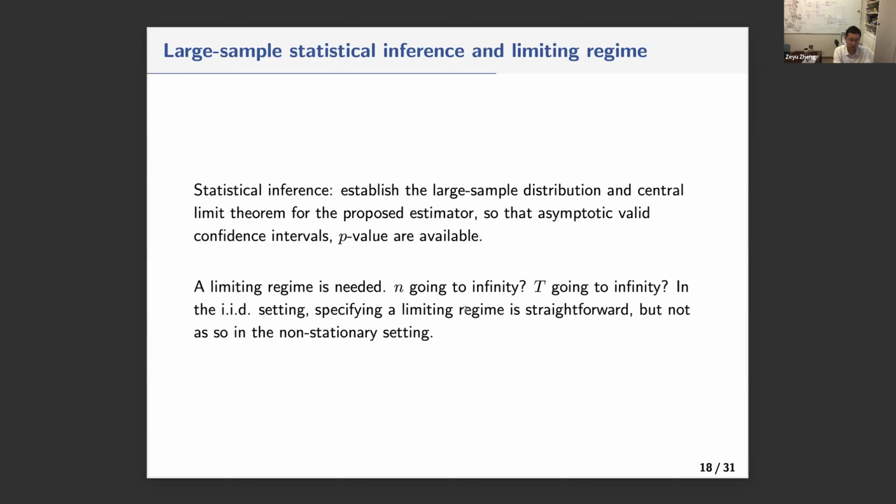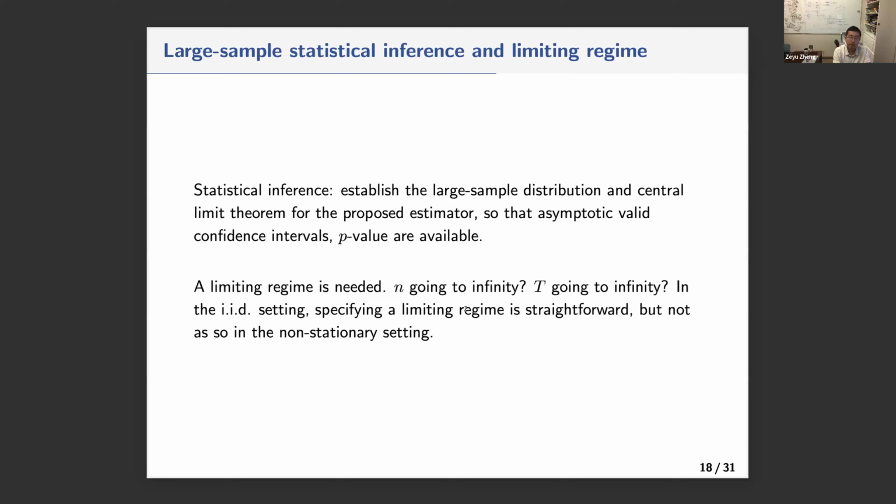You consider a sequence of experiments, indexed by the label n, the sample size. So n represents the number of samples, and we're sending n to infinity. That's in the IID setting. But in the non-stationary setting,